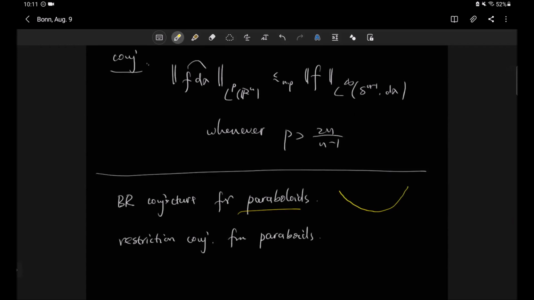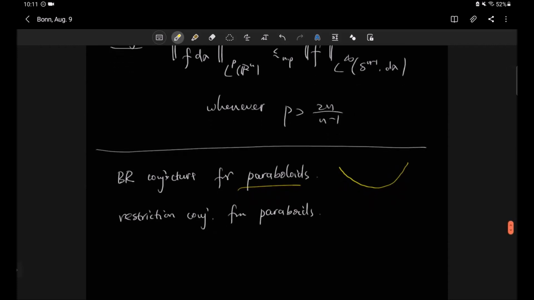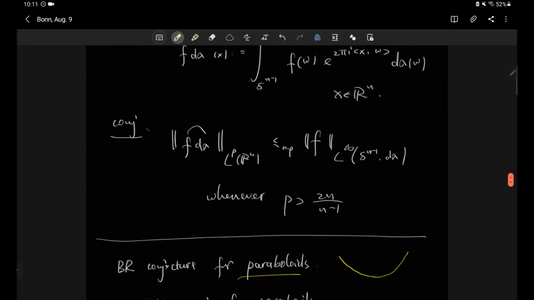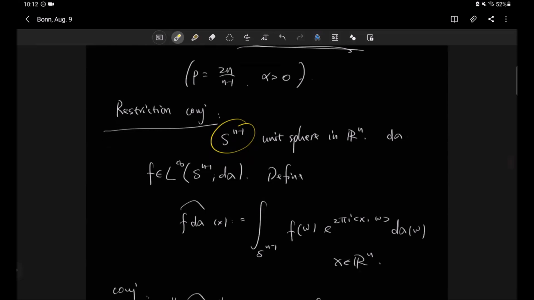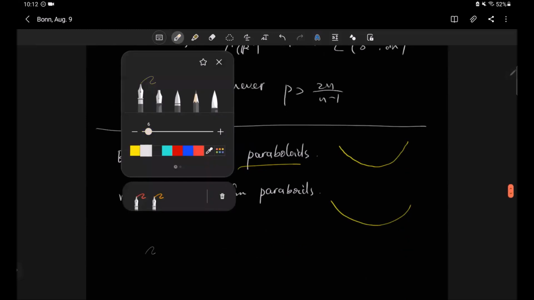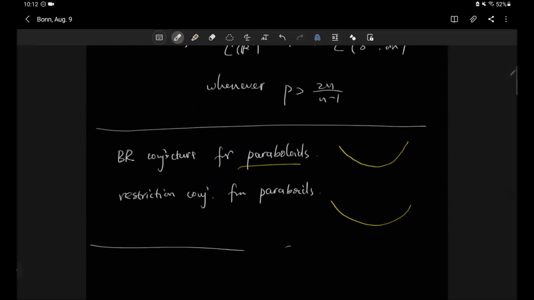truncated paraboloids. And the restriction conjecture for paraboloids is that instead of taking the unit sphere, we replace it by, say, a truncated paraboloid, and we take an L infinity function defined on this paraboloid, then take the Fourier transform and ask the same question, the L^p boundedness of the Fourier transform. Okay, so these are a few questions, a few conjectures. Other questions so far? Okay, cool. Let me state a few known results